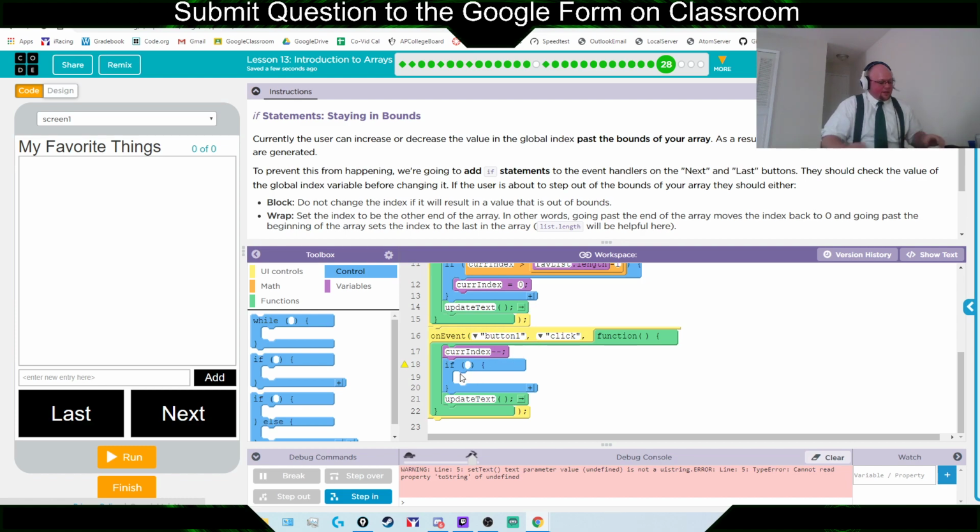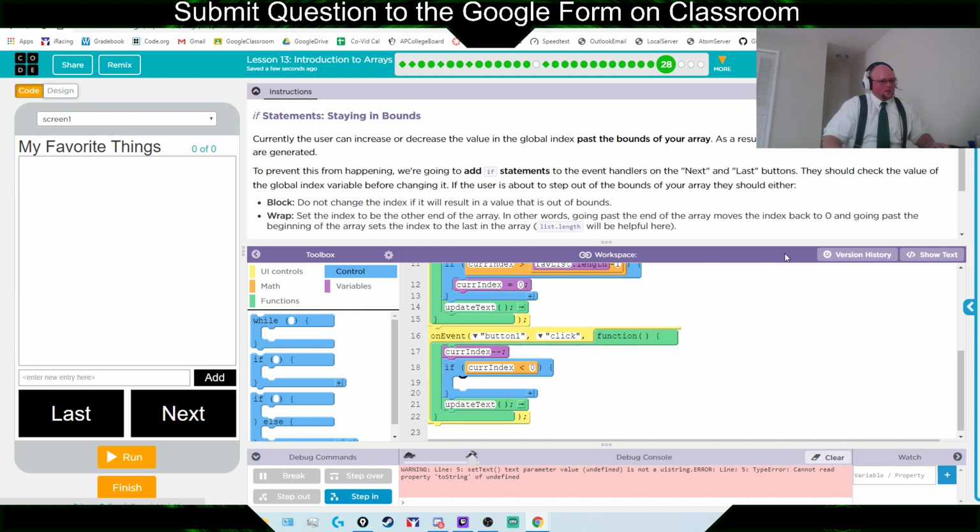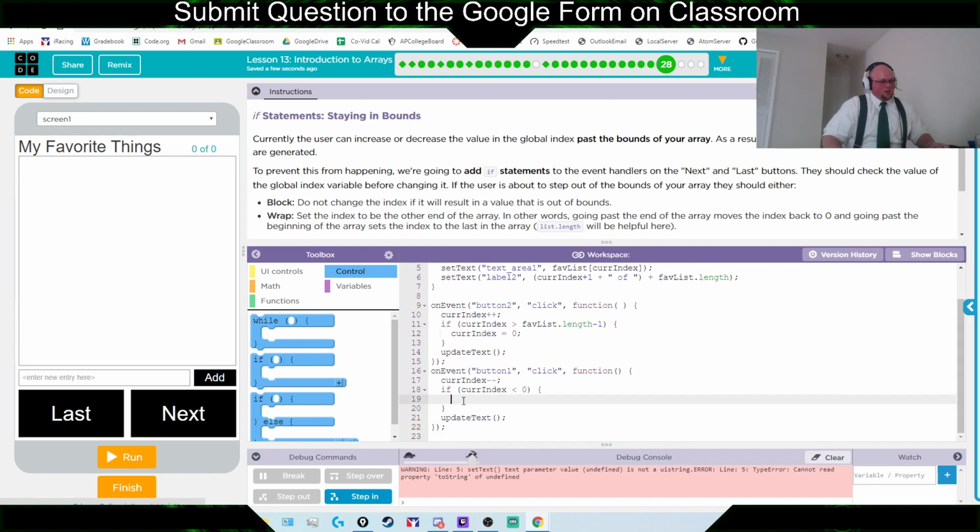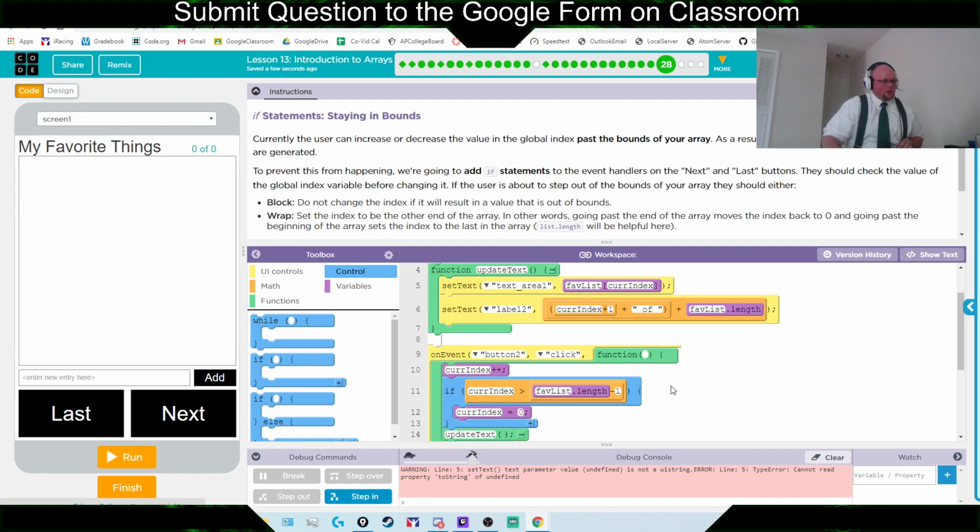So when we click back, if it goes too far back, if current index is less than 0, we want to set current index gets whatever the last item in the list is, and the last item in the list is list.length -1. So fav list.length -1. Okay, so, and then